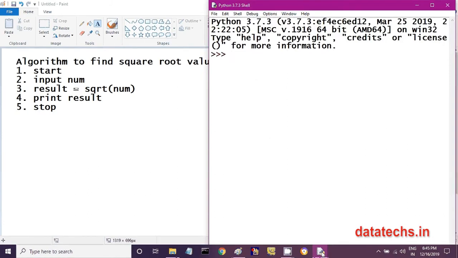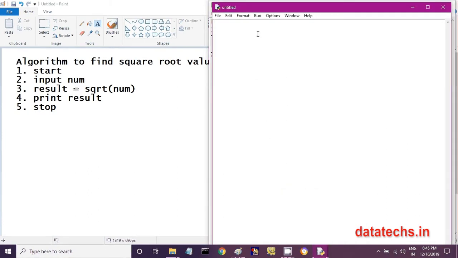I am opening the Python IDLE and I opened another separate window. So here I can type my program to find the square root value of a given number. This is my comment line. Comments are useful to write a description about the features of a program.